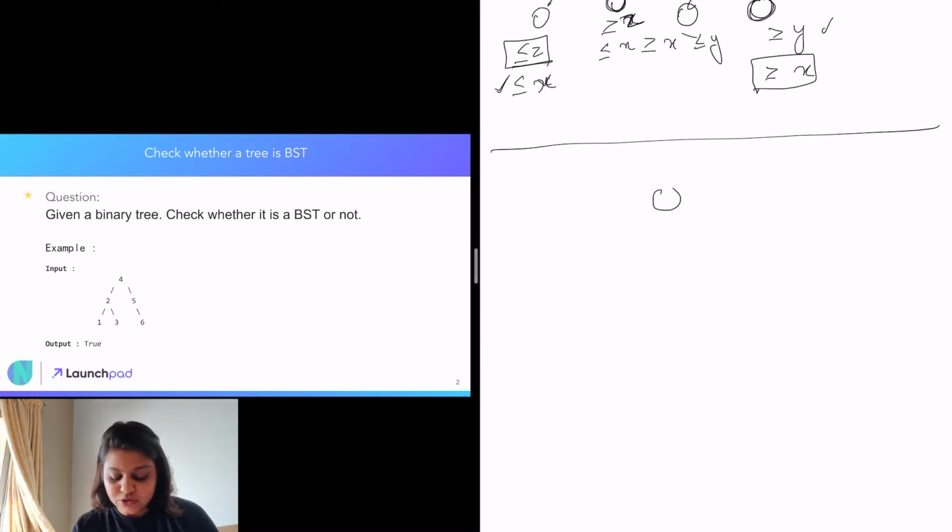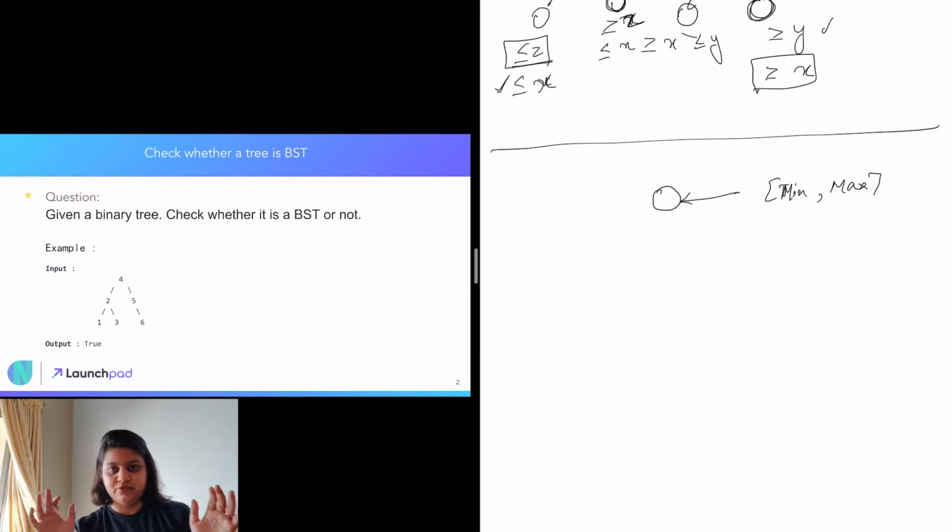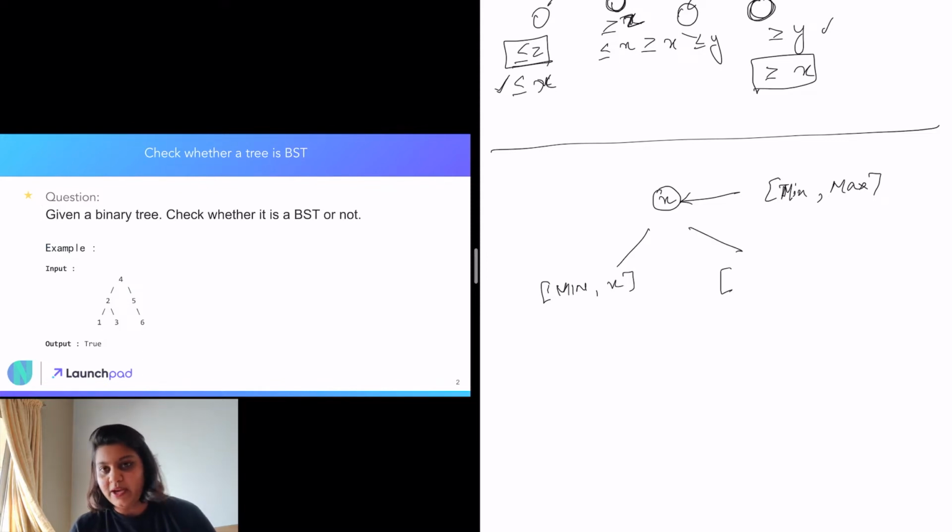So let's come to the root level. What value can it hold? Since the root has no parent, it has an endless condition. It can range from min to max. But the same is not true for the left and right subtree. The left subtree can have values from min to whatever this value has, x, and the right subtree can have x to